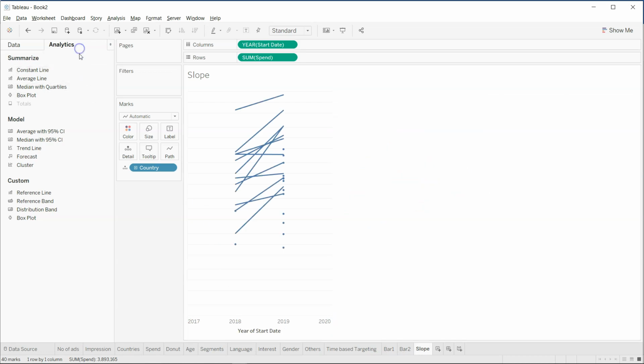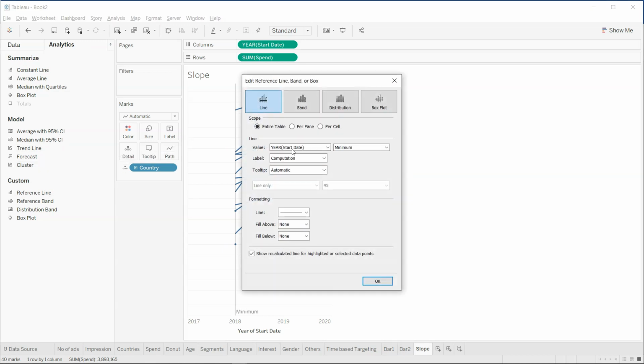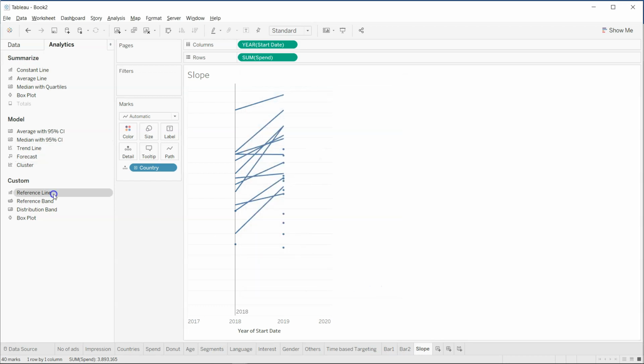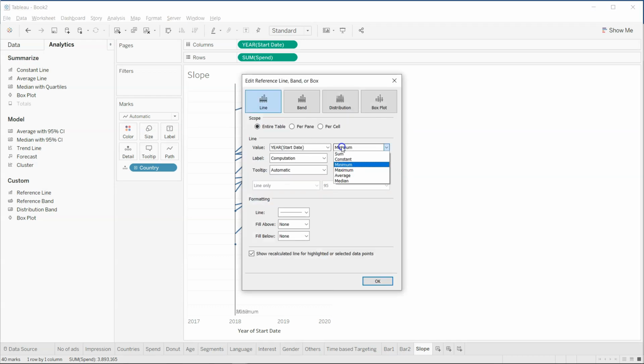So now if I come over here and change this to this, here for minimum we have computation as, or what we want is basically 2018, sorry, 2018 over here, because now we will have to remove these labels as we are getting 2020 and 2017 as well. Okay, so click OK, and I will add one more reference line here,